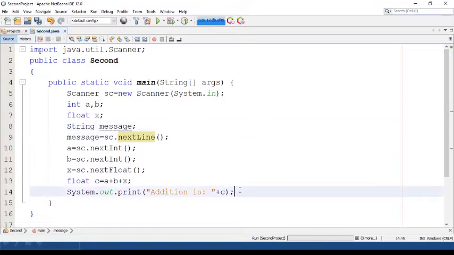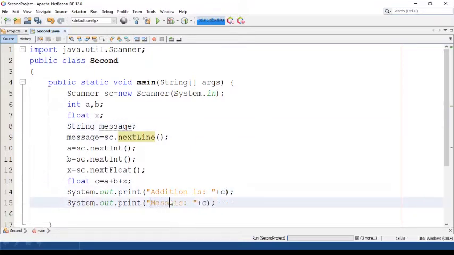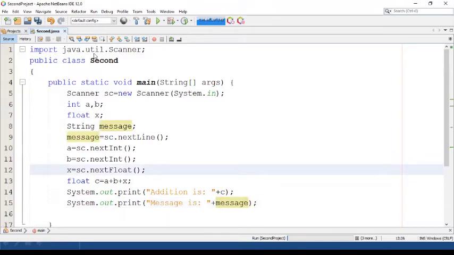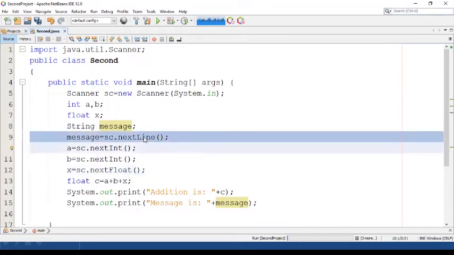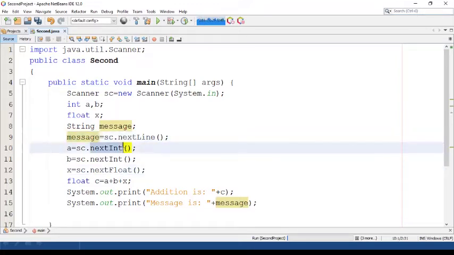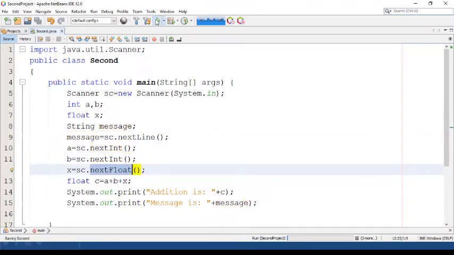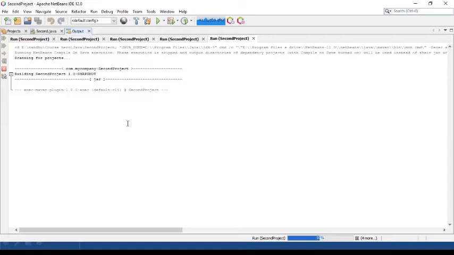Let's print this one also. Message is the message which you read. Let's run this. So for this program, you have to give four inputs. The first one is a text in one line, and two integers and one float value. The first one is a line of text.